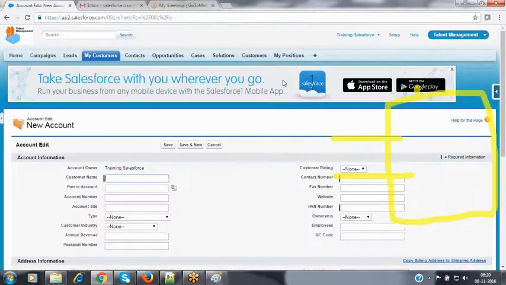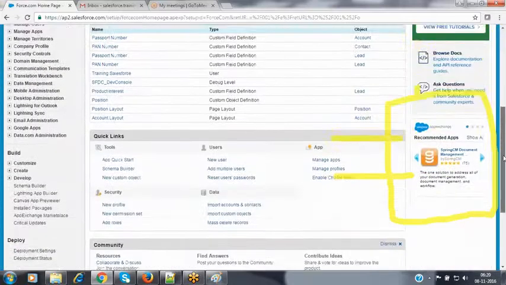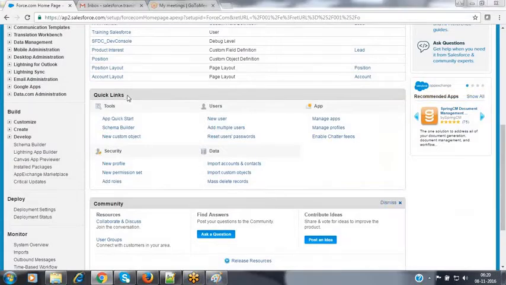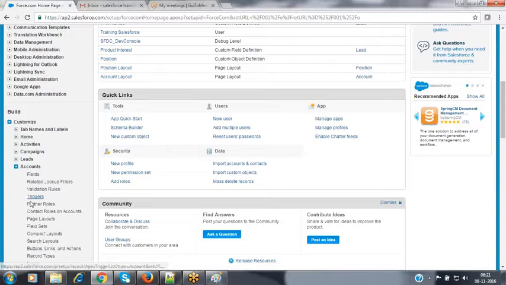Now, let's see here. I want to create a record type inside my account object. First of all, we need the page layouts. We need to create the page layouts here. Let's see what page layouts Salesforce offers by default for this account object. Let's go to the build menu. Account is a standard object, with fields and everything readymade available inside it. Go to customize here, because I would like to add some more new features inside this account object. Go to the associated object, that is accounts, and go to the option called page layouts.